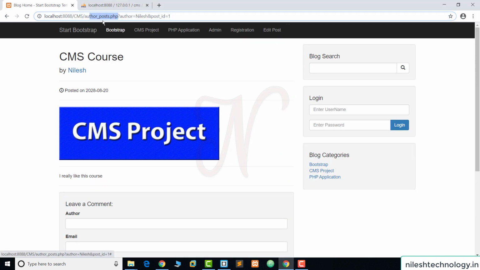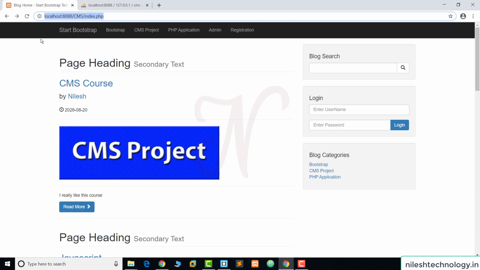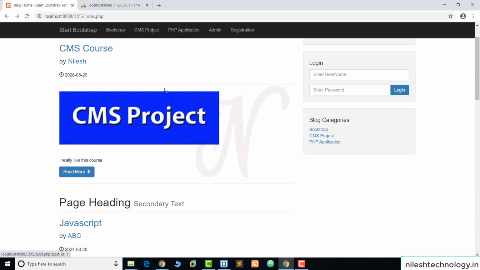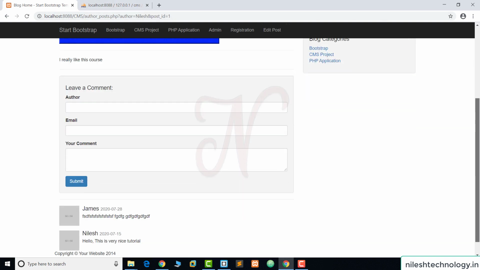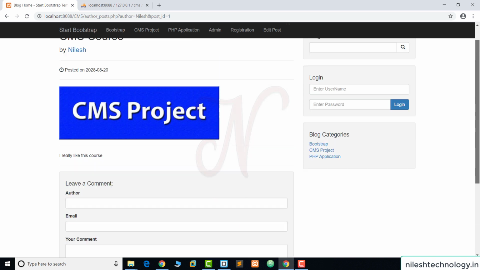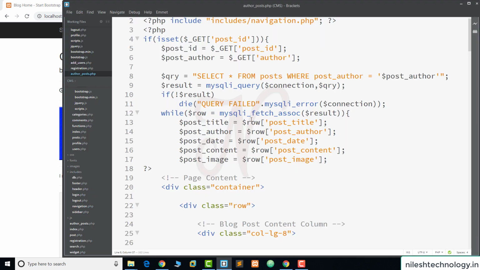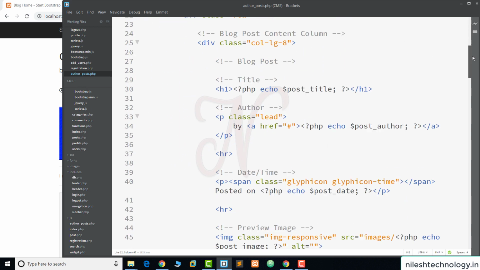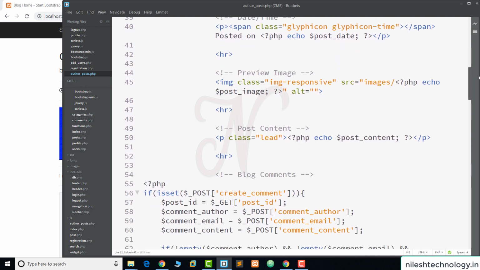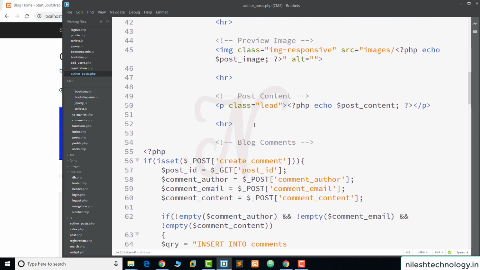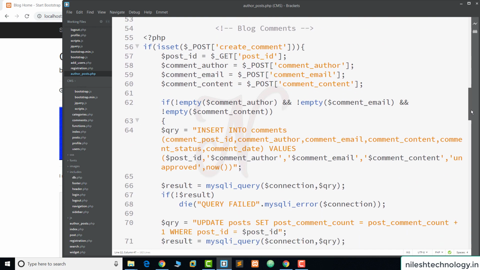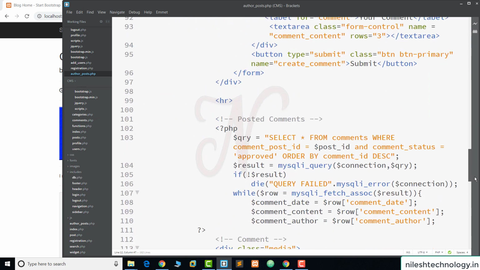Now we go back, refresh the page, and when you click on a specific author, it displays just one. So we check where we close this loop. This is my while loop, and it is closed here, but it needs to be closed elsewhere.